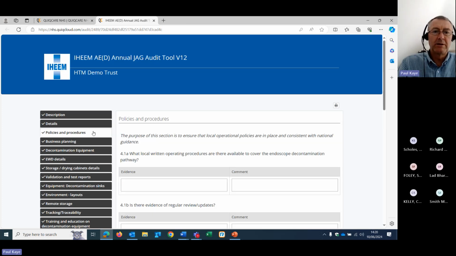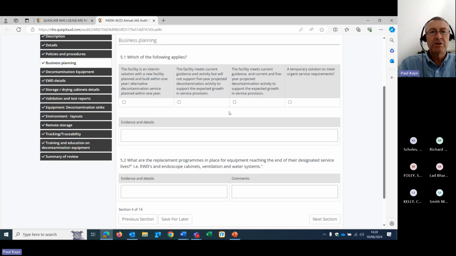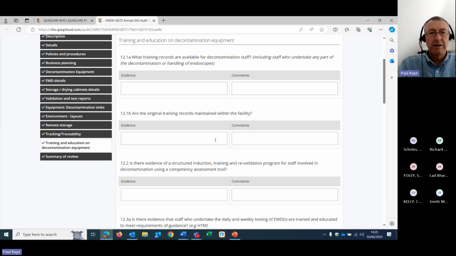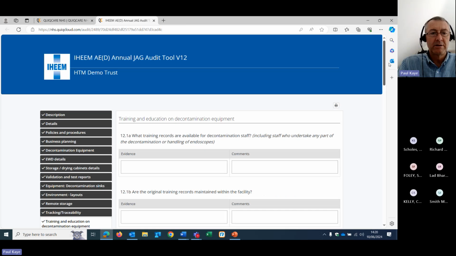Just in this example, in decontamination, it was already there. So you can see it's a template. Some of the questions are checklist, other ones are written questions. Some of them have the opportunity for evidence or comments.